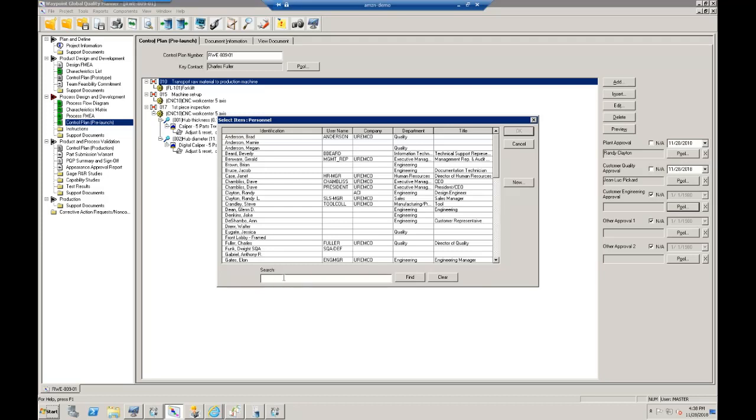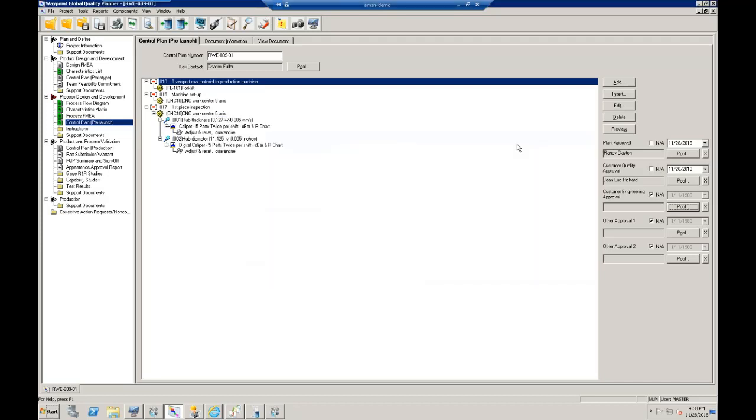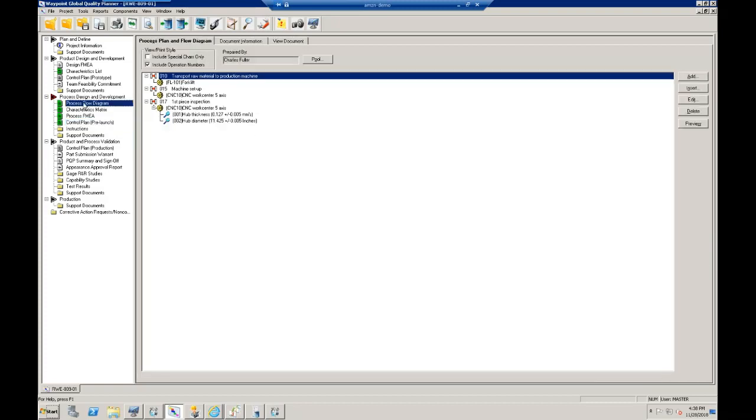Notice you've got the search here as well. And then you can select the date. If it's not applicable, just leave a checkbox in the not applicable field, and then it's not going to show any information at all. Also, as I mentioned, in the process flow diagram, you've got the ability now, if we